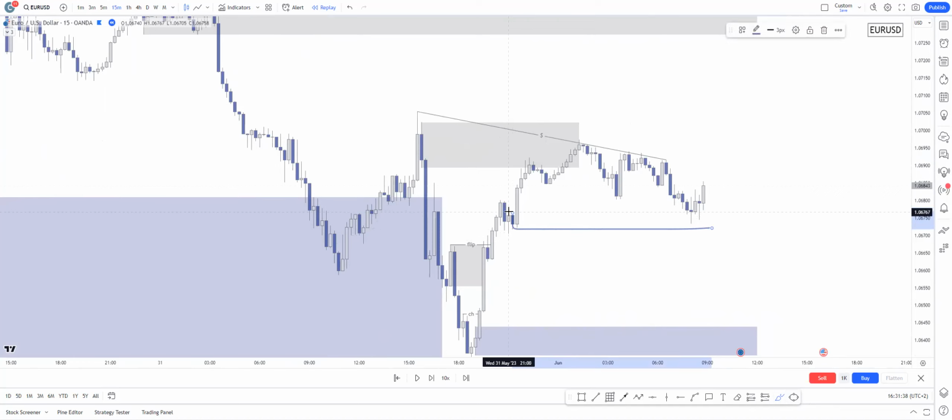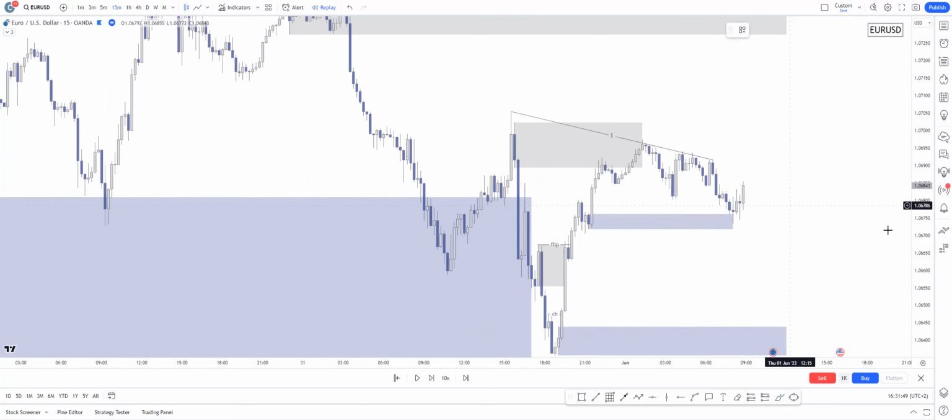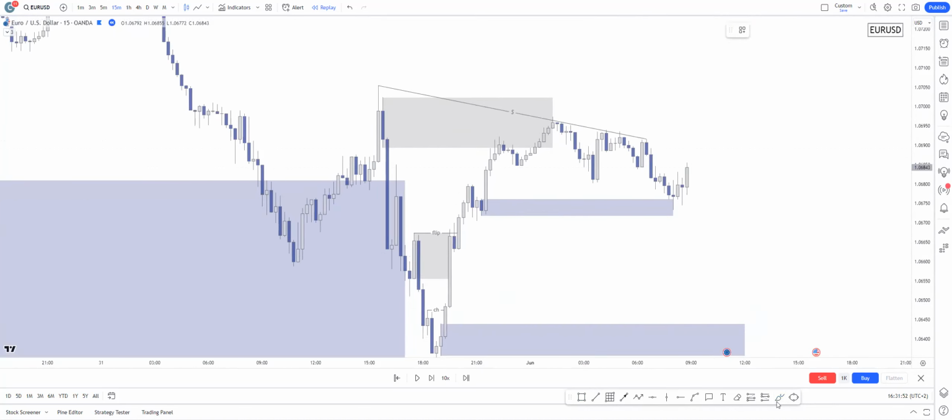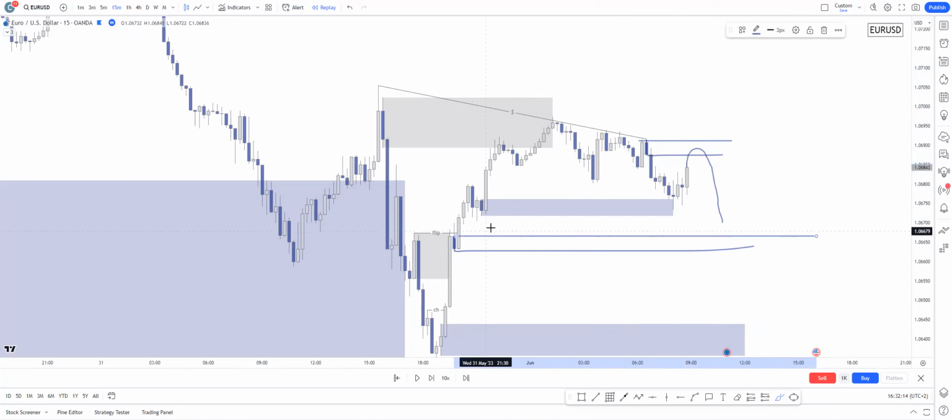And currently, price is reacting on this structure breaking demand area right here. Perfect. We can mark it out. And you can see that 50% mitigation happened. Perfect. So if a confirmation has probably happened right here on the 1-minute time frame, we can expect the continuation to the upside. And there is a 15-minute supply area that has caused the breakout structure here and has really nice inefficiency. This supply area has a chance to reverse the price to the downside, probably mitigate a flip zone right here. We will probably see a 5-minute flip zone here,